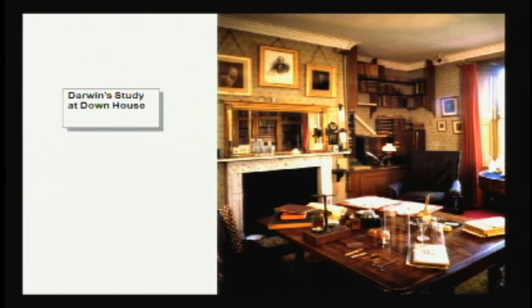But there you are. This is his study where he wrote The Origin. Oh, let me just point out one thing, because the first time when I was just getting going, I met Randall Keynes, a great-great-great-grandson, I guess, of Charles Darwin, and I was standing in the study with him the very first time I was there. And I said, he became a recluse, and it's so different from the athletic, active young man on the Beagle. He becomes a recluse when he gets home, and he sets up shop here. And he says, well, what do you say? I say, well, this seems like two different guys. He says, no, there's every connection in the world. And he pointed to this